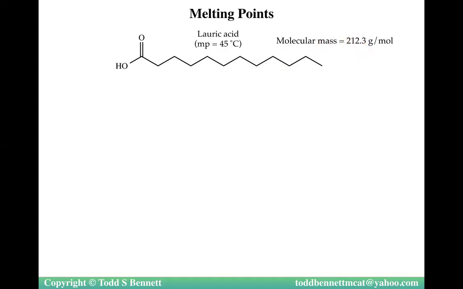This is no longer kinetic energy, 1/2 mv squared. Higher mass simply means longer chain. The longer the chain, so this carbon chain is 1, 2, 3, 4, 5, 6, 7, 8, 9, 10, 11, 12. Even number, so a naturally occurring fat built from 2 carbons at a time. Melting point of 45. If I make it a little bit longer,